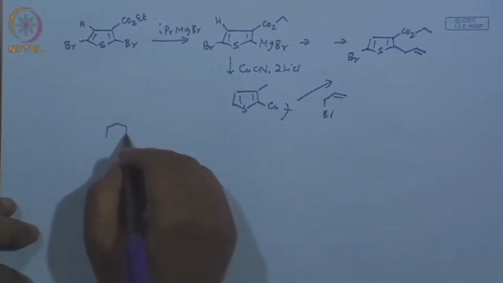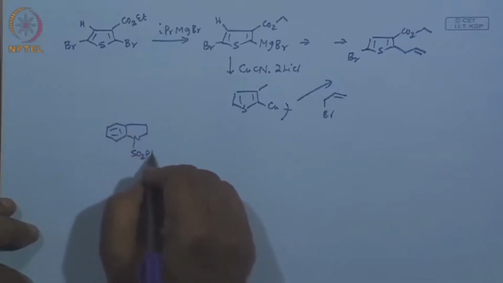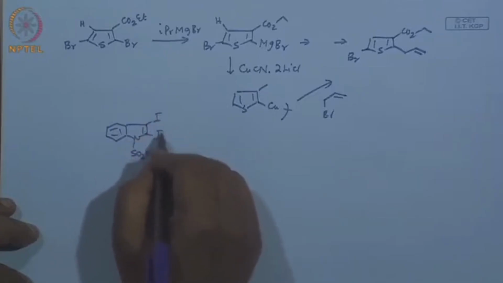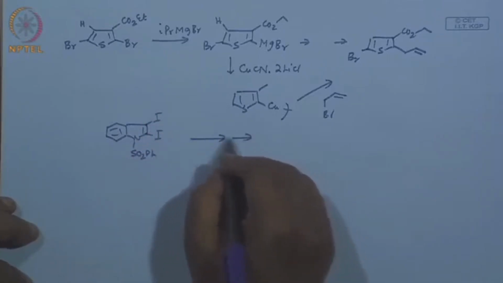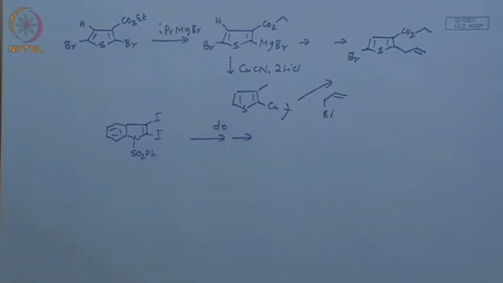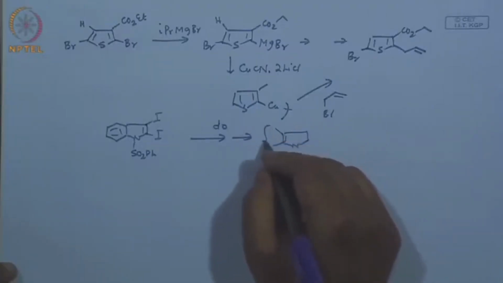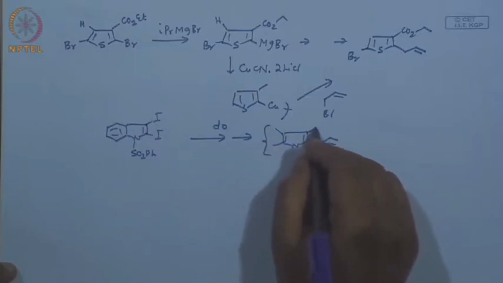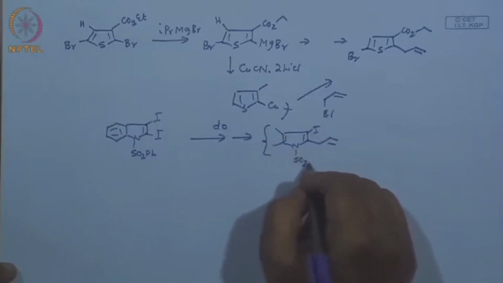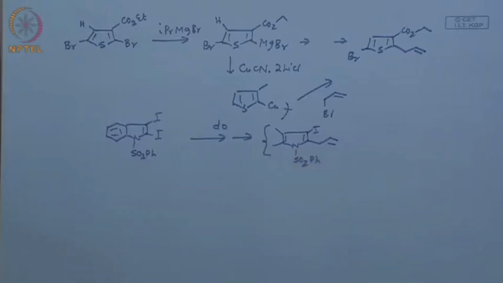exactly the same. For example, you want to apply this sequence to indole chemistry. You take a protected indole and diiodoindole, so you apply the same sequence as above. So what do you expect? Now you have an option of selectivity. You have 2 different iodines, and obviously now you know which one, the one next to the nitrogen, and you will get to the product. So that means one iodine can be selectively replaced, and